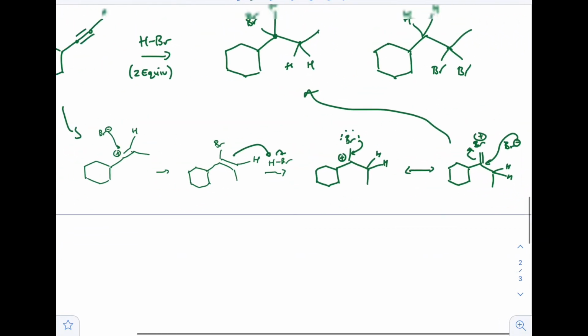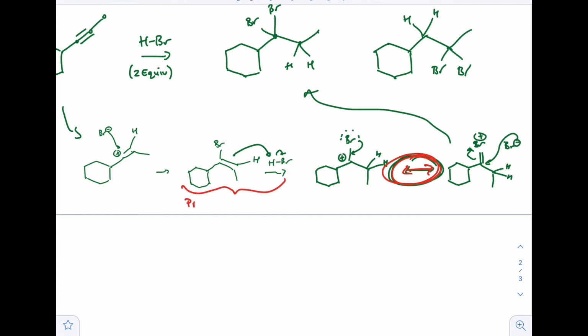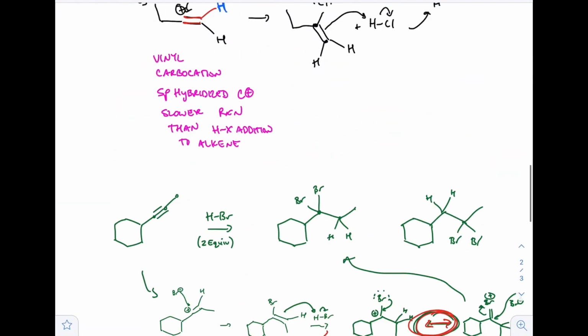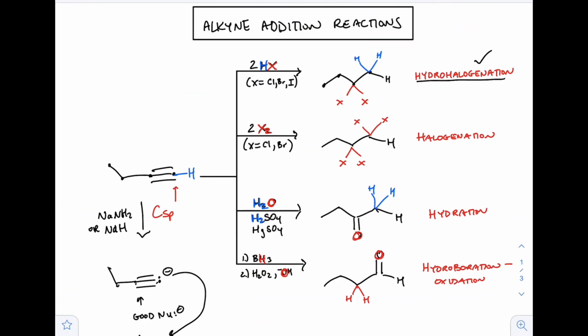Okay, now it's the same mechanism for the product on the right. Okay, so just remember that resonance stabilization is super important. And this is the product after 1 equivalent. So if we did write 1 equivalent, then this is the product that you would want to write. And there you go. So again, we've seen it's really analogous to the addition to alkenes,